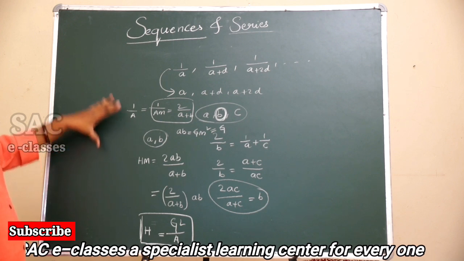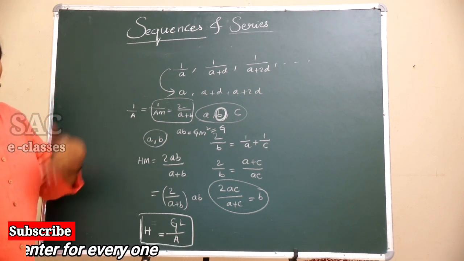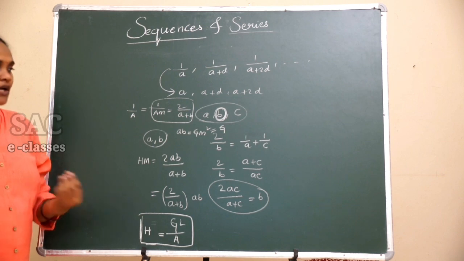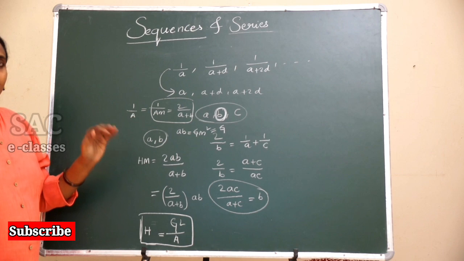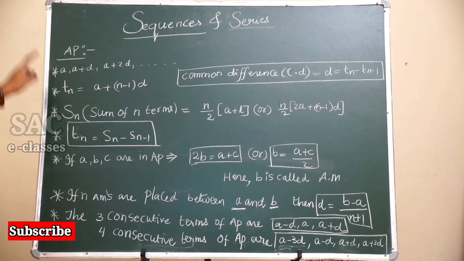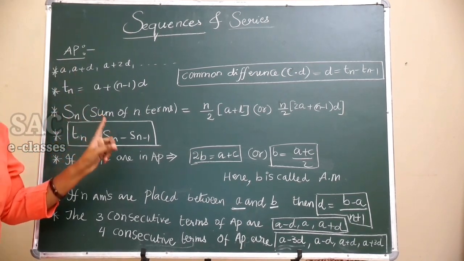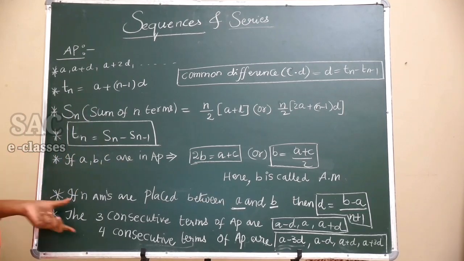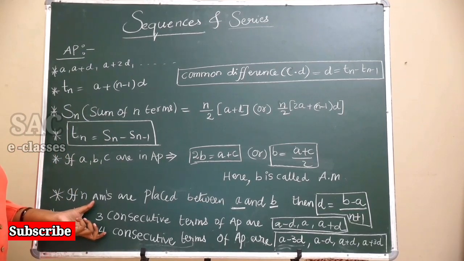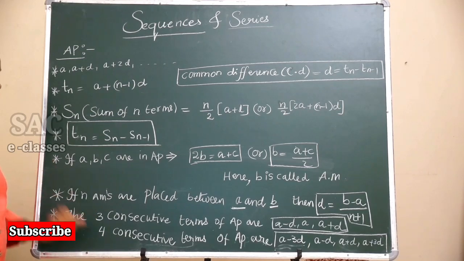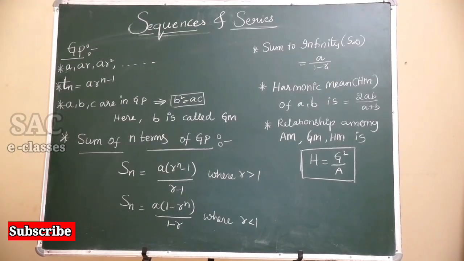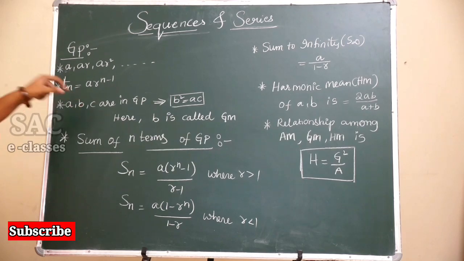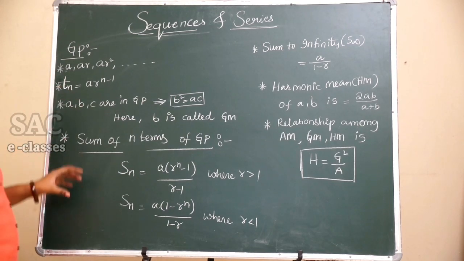So these are the concepts we are required to understand to grasp this topic in a better manner. Now I am listing the important formulas you require for this topic once again. Here I have mentioned the formulas relevant to arithmetic progression AP, and the general form of consecutive terms, whenever there are 3 consecutive terms and 4 consecutive terms. Now let me list out the formulas relevant to GP and HP also. Now I have mentioned the formulas that are relevant to both GP and HP.